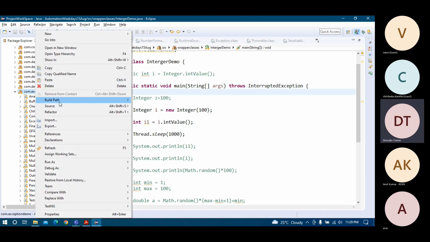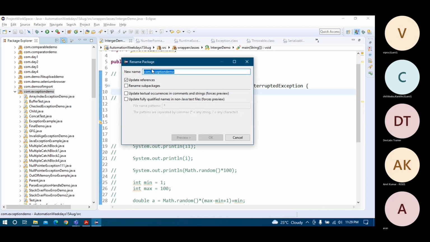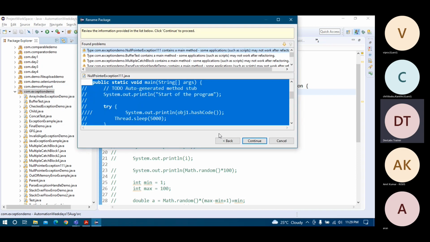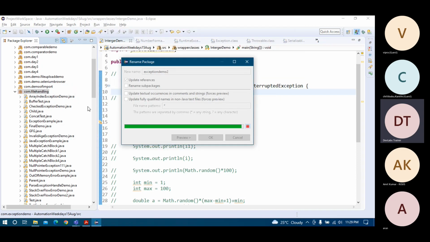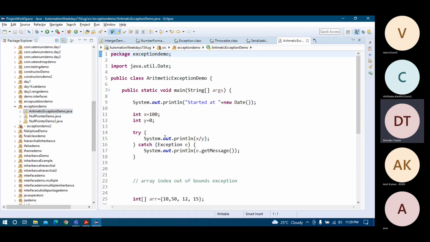Right click, refactor, rename. Two. You can see here now both came at same places. One is arithmetic exception demo. You can see here,